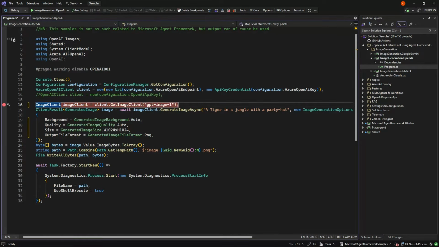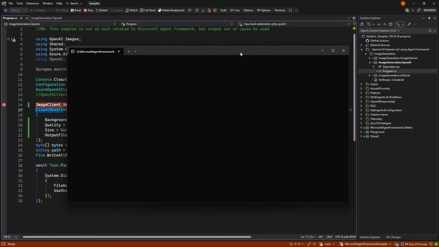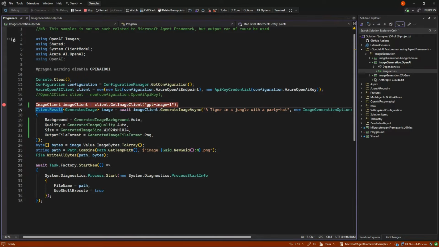So if we run this, let's set a breakpoint. There will not be a console output despite being a console app, but we will just go to here. And images in general take a little while to generate, just like you see if you, for example, are in ChatGPT. So let's get our tiger. And again, the console is empty because nothing is happening other than the AI is now thinking and generating the image so we can get it back.